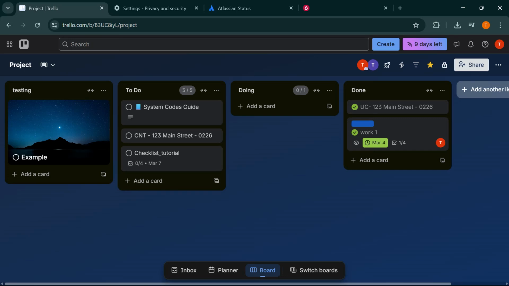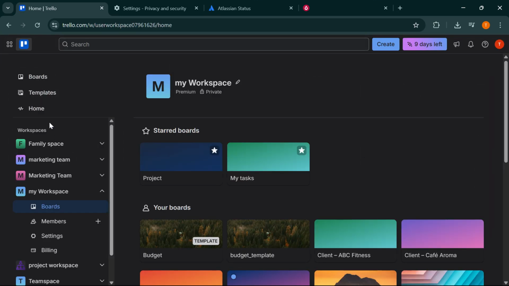If Trello is showing an error loading message and your board refuses to open, don't worry, this is a very common issue, and in most cases it can be fixed in just a few minutes. In this video, I'll walk you through every proven solution step by step, so you can get back to your